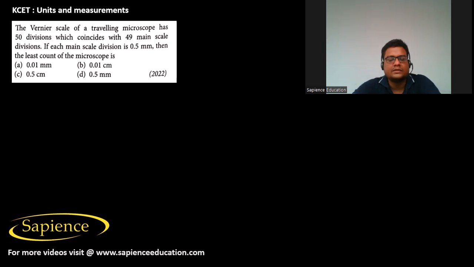Vernier scale of a traveling microscope has 50 divisions, and 49 main scale divisions. If each main scale division is 0.5 millimeter, then the least count of the microscope is... So least count is equal to